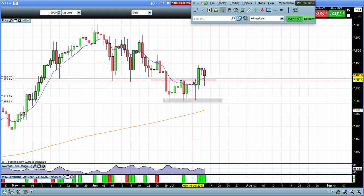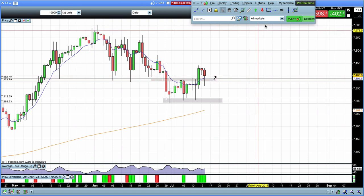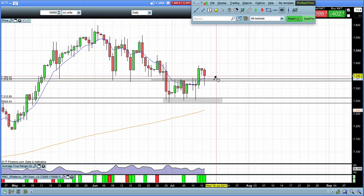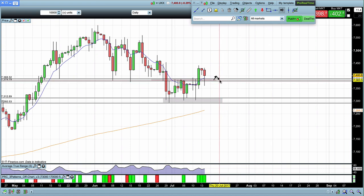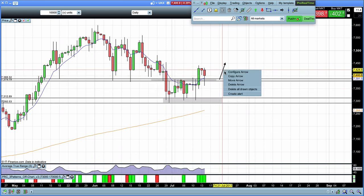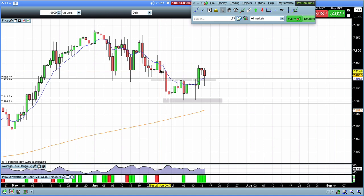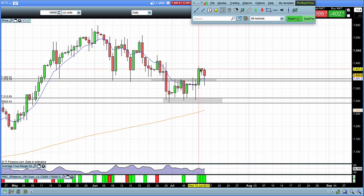Coming into Wednesday, we actually had very, very clear price action. The market came up, broke above, came down, tested, and then we had that nice bullish bounce. So now that we have had that break up, what are we looking at coming into next week? Okay, so we've broken up on Wednesday with a strong move. We've then hovered, done nothing at all, and then came down and retested